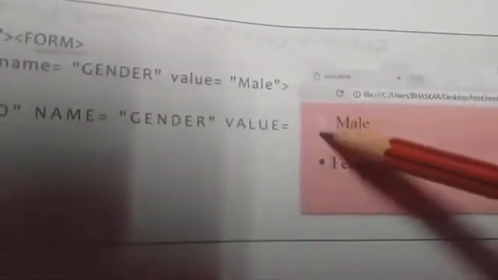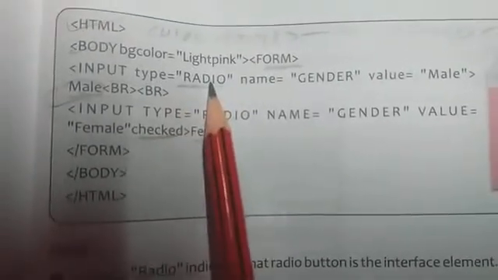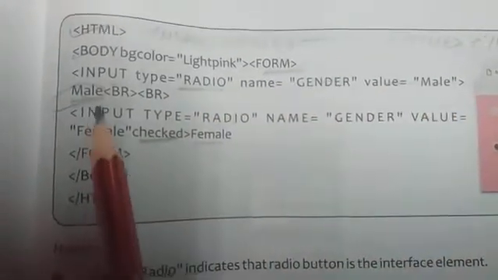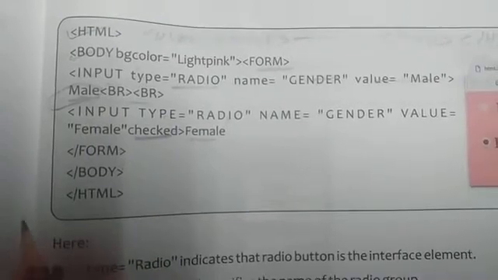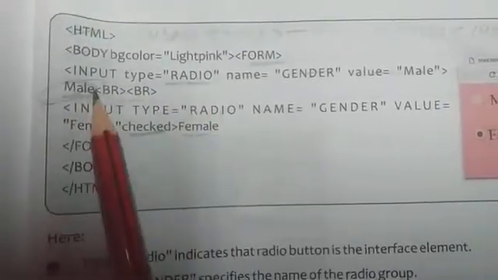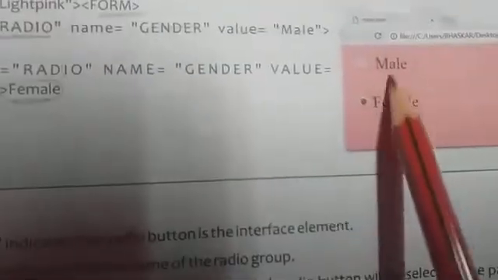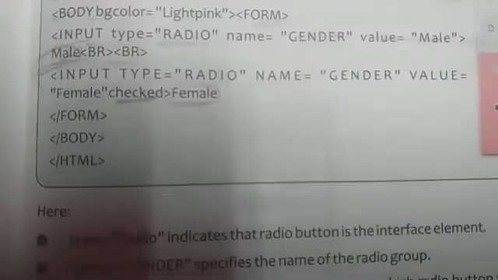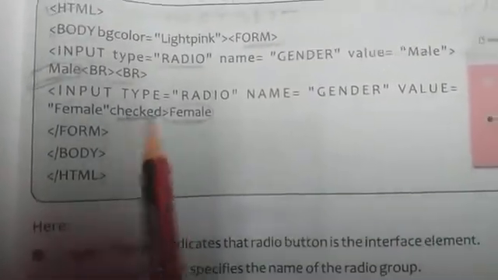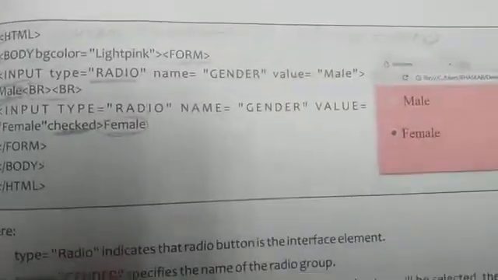Now see its code. This is an example of a radio button. Yes, these are two radio buttons. So how to insert these? Simple. Input type equal to radio. After that name, value, and then the break tag they have used here. And this is for male. Radio button for male. After that here we have used a radio button for female. So that's why it's coming like this. So here we have also used checked. We have written here checked. That's why it's selected by default.